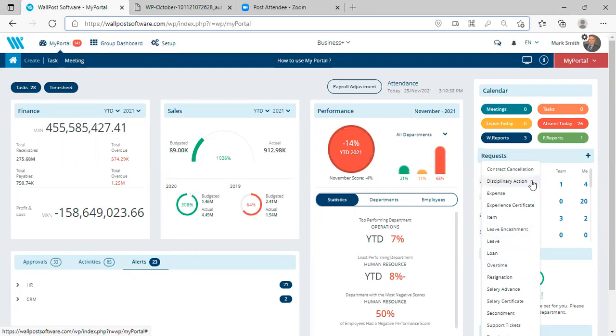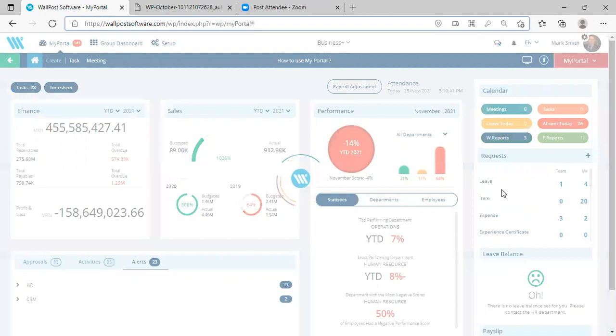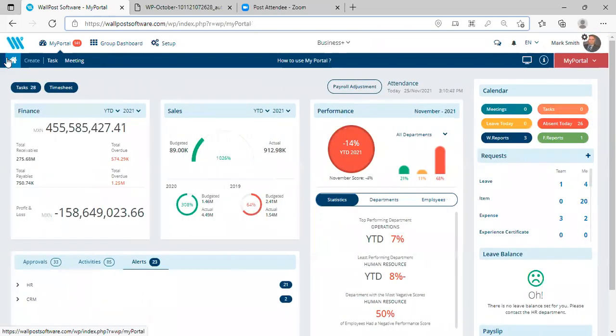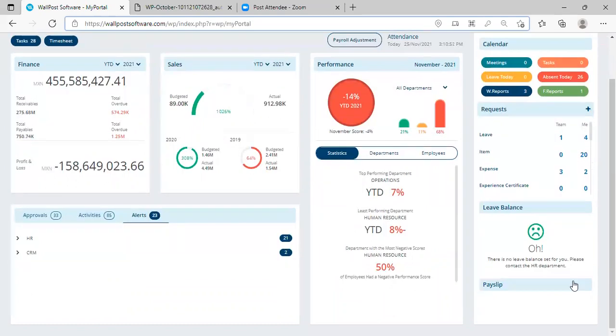I can just click on those requests, and then I will get a form to fill in the details, which will go to the respective team member or manager for approvals. You can see the payslip information also over here for all the months. When the salaries payroll is approved, the payslip gets automatically populated over here.